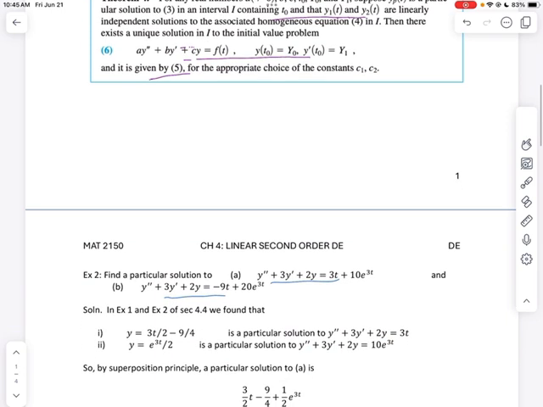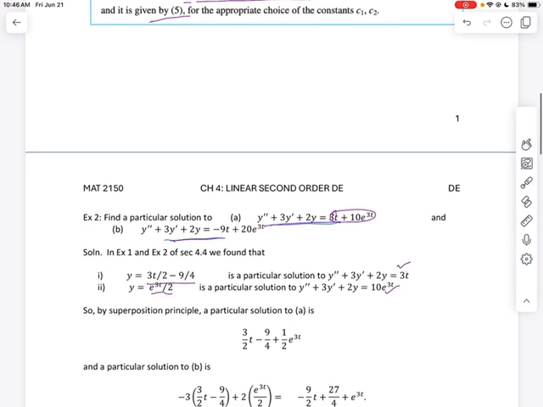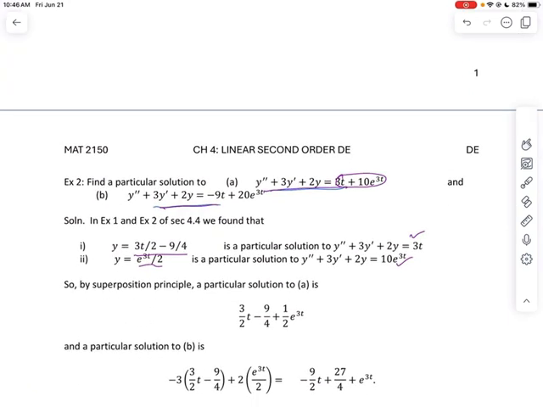So example, find a particular solution to first this equation and then second this one. Now if you look at the right hand side, there are two of these functions added, and actually we have done these examples in section 4.4, when one example we did was to find a particular solution to this one, and then find a particular solution to that one, and we found the particular solutions which came out to be these. So now by the superposition principle, because we see these two functions being added,